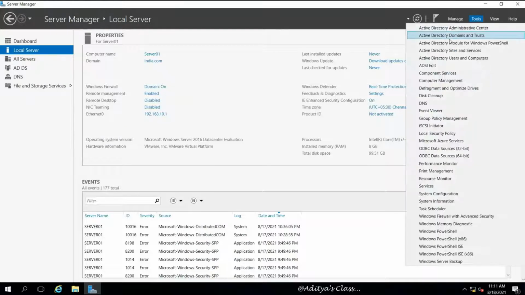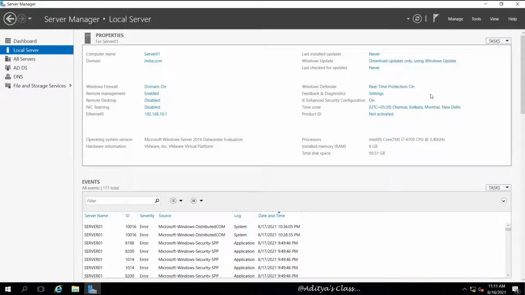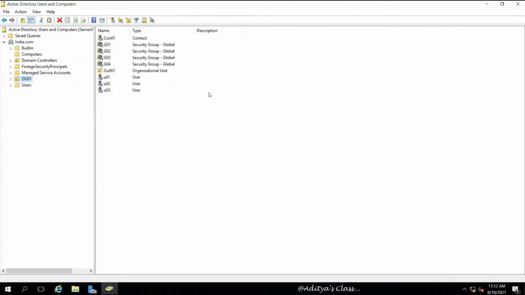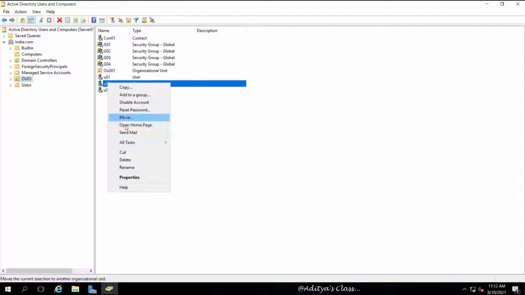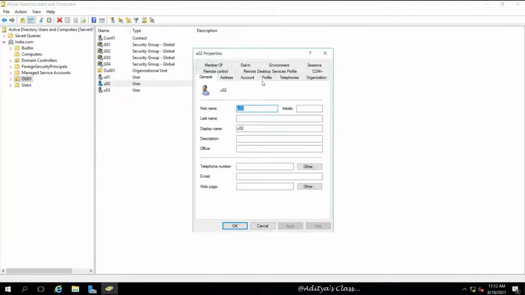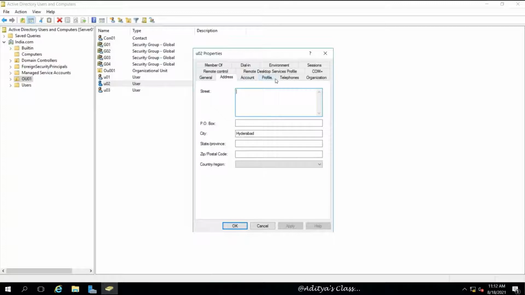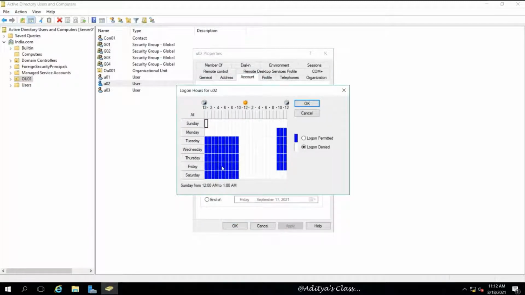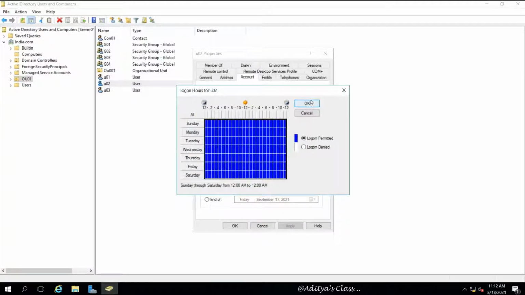Let's go to Tools and Active Directory Users and Computers. And then select the users to whom we want to allow logon at a particular given time. Now you can go for accounts and you can go for logon hours. Notice the time zone has changed the settings on logon hours. So we will once again select logon permitted for the entire week.